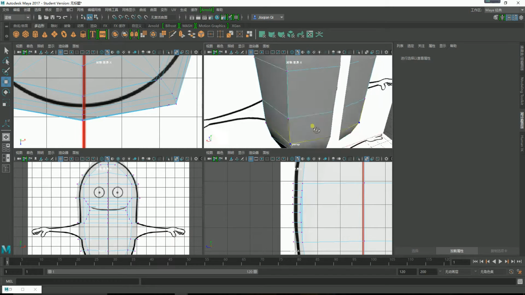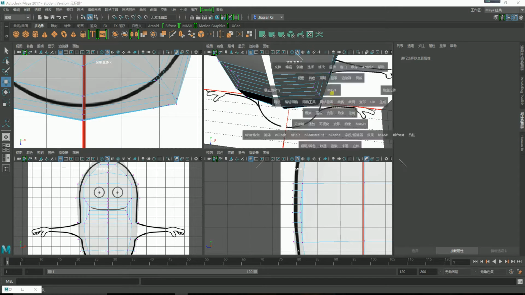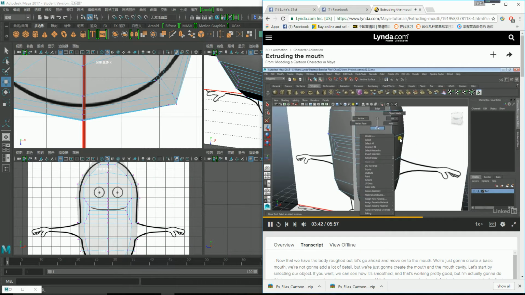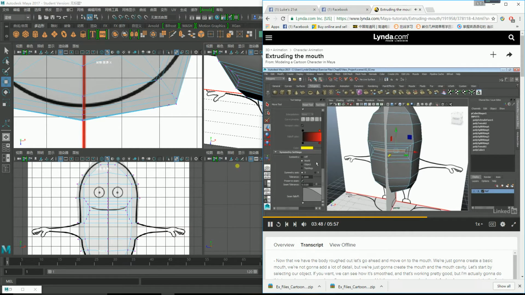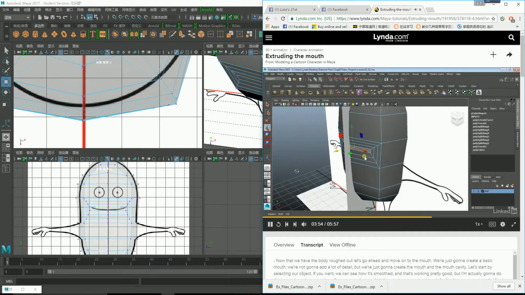Now that I have this, I've got basically an outline for a mouth, but let's go ahead and make the mouth cavity. I'm going to right click over this, go back into face mode, and select these interfaces. I've got my symmetrical select on, so I'm going to double click on that and turn symmetry off again because we don't need it. And then just make sure I have both of these selected. And then we're going to